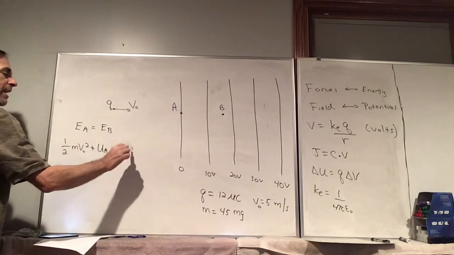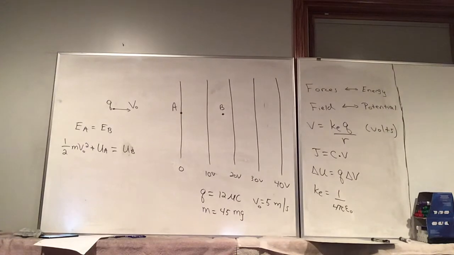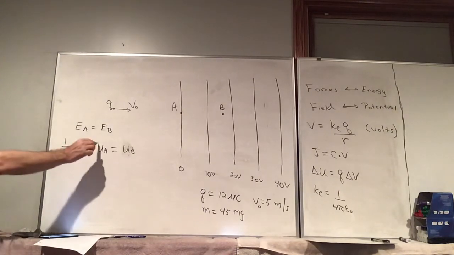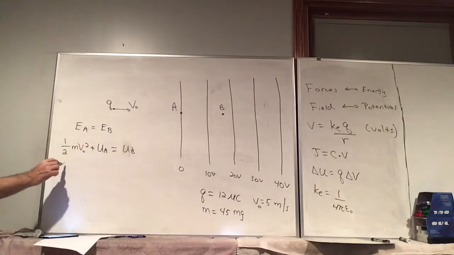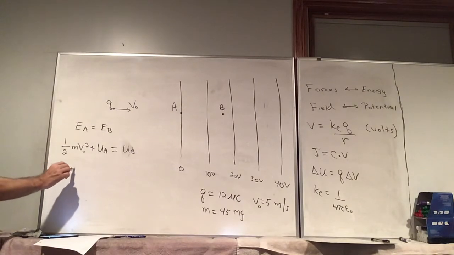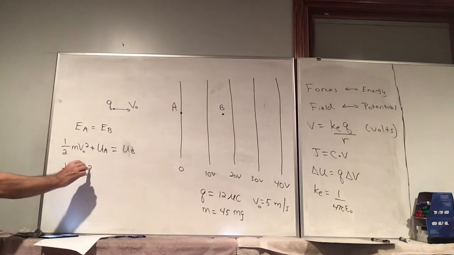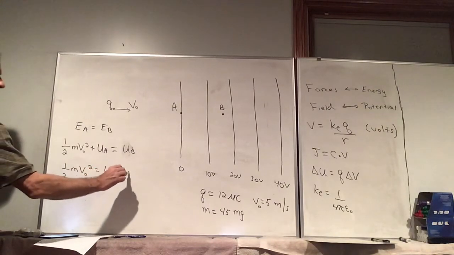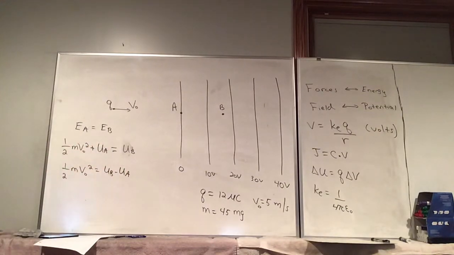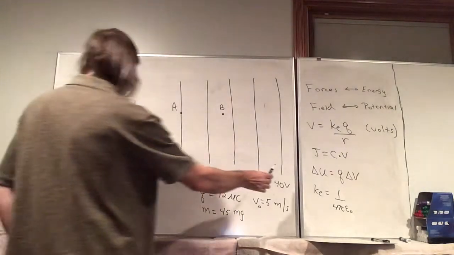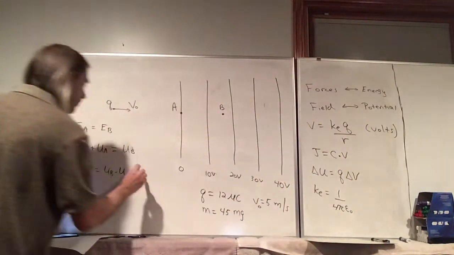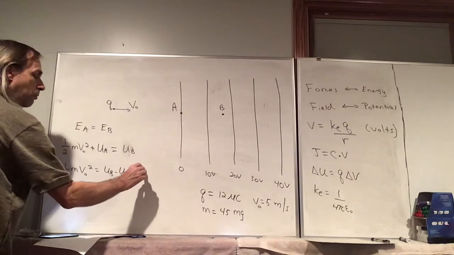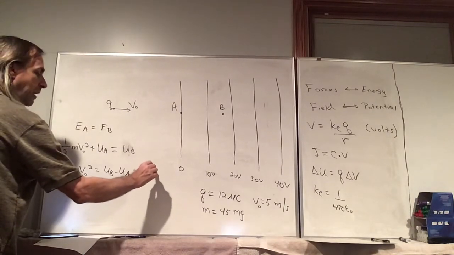So we just have potential energy at point B. If we subtract UA from both sides, one half m v naught squared is going to be UB minus UA. And that's where this formula comes in. We have delta U here, so this would be Q times VB